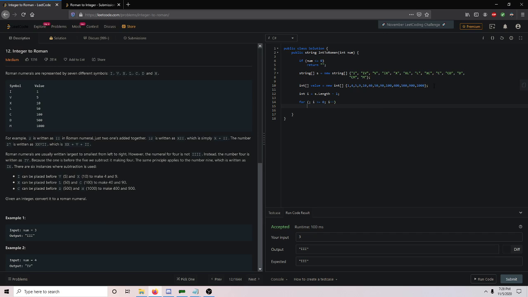And if num is greater than or equal to value of i, we're going to break out of this for loop, and we're going to start our return to build our string, our Roman numeral representation of the integer we're bringing in. Instead of taking the Roman numeral string representation of the value and turning it into an integer, we're taking in the integer and turning it into that Roman numeral representation. So return